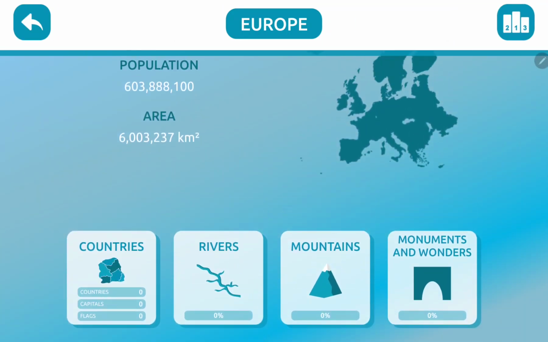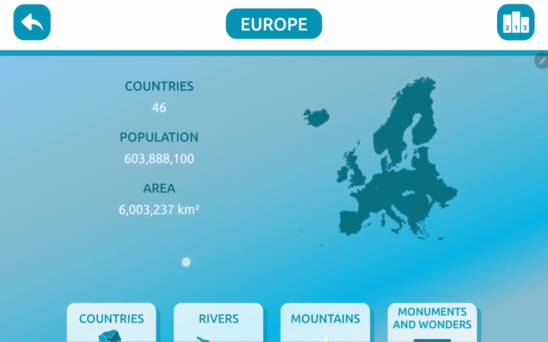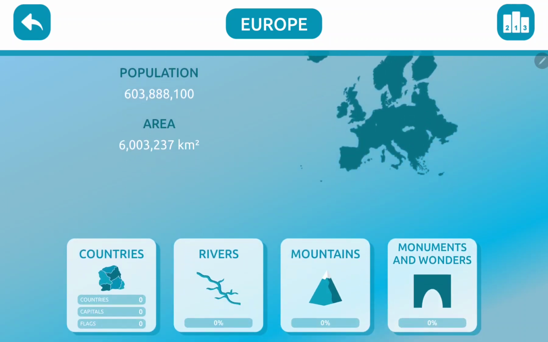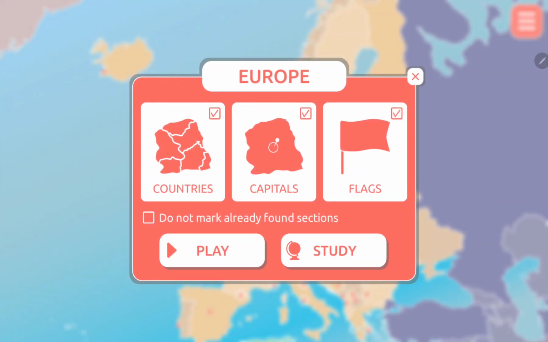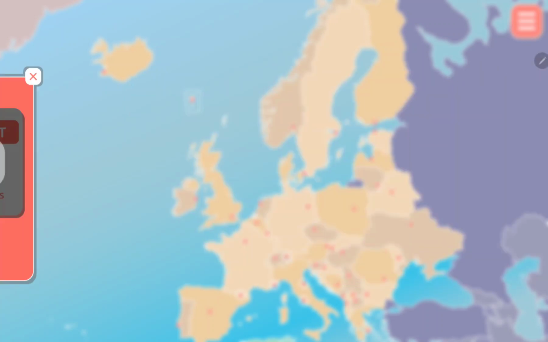You can learn countries, rivers, mountains, or monuments and wonders. And for example, now I choose the countries, and here you can select the play mode or the study mode. Now, go to the play,